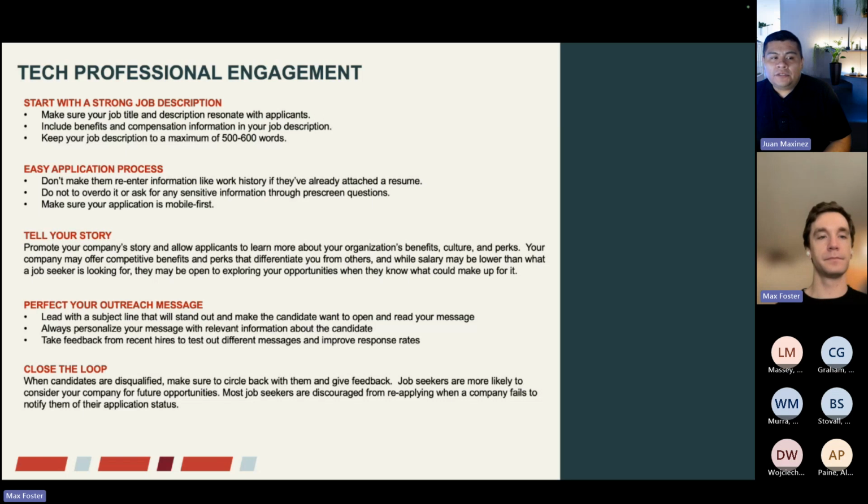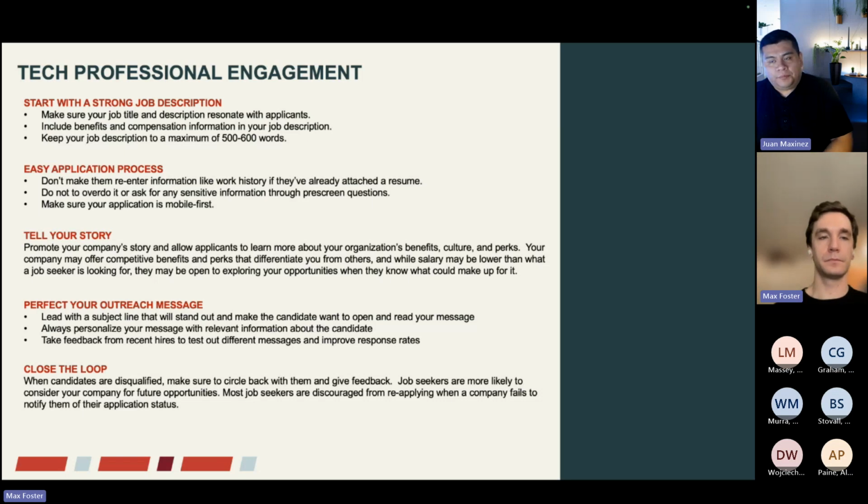And then lastly is just outreach messages. So Max showed you how you can essentially communicate with tech professionals via Dice. One thing to consider is always personalizing the message to those folks. So avoid sending any sort of mass blank email template; really customize it to that individual, maybe including something about their work history that really stood out to you. That really just makes them feel like they're getting that one-on-one attention and can really help drive some of that stronger engagement and response rates that we were sharing as well.